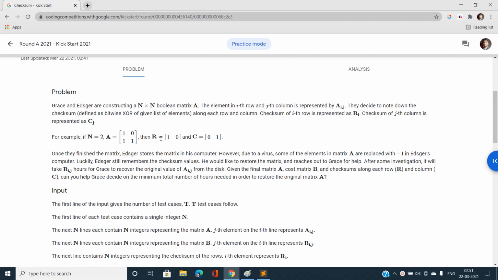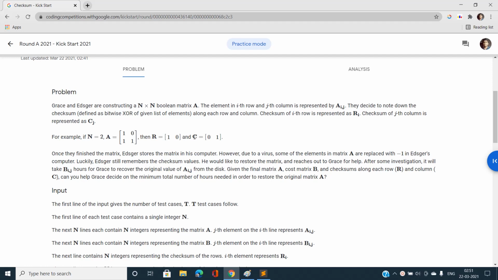If I'm dealing with the capital C array, the ith element of this array would be the checksum of the ith column, which is the bitwise XOR of all the elements of this column.